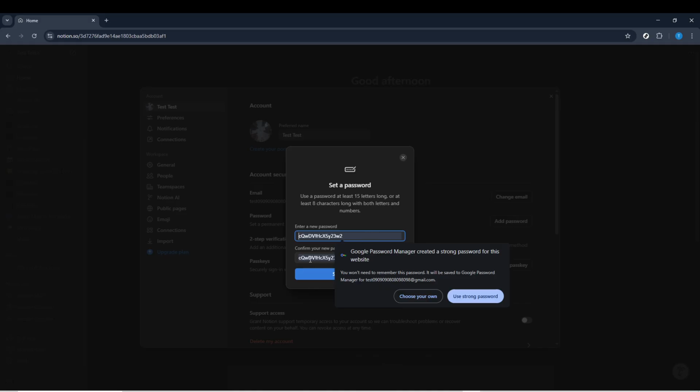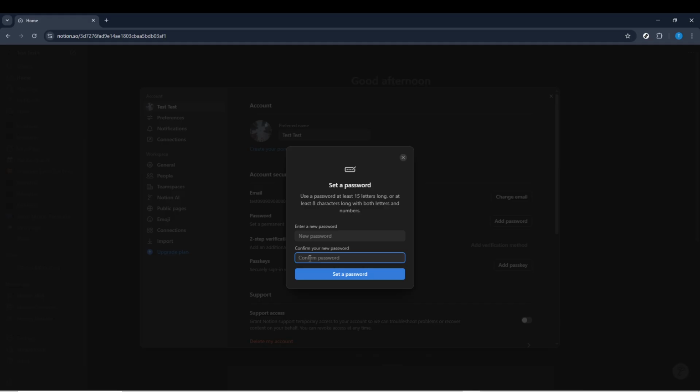After entering your password, you'll need to retype it in the confirmation field to make sure there are no mistakes. This step ensures that your password is exactly what you intended and reduces the chance of login issues later. Once you have entered and confirmed your password, click on Set the Password. Notion will save your new password immediately, and from this point on, you will use it to log into your